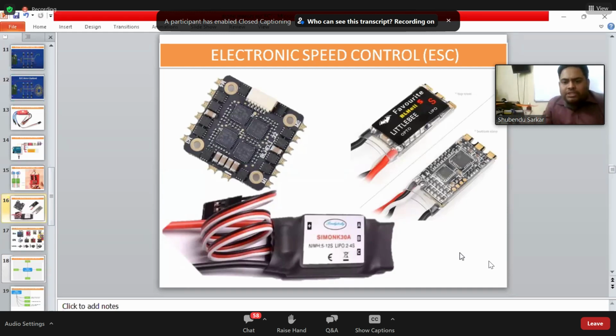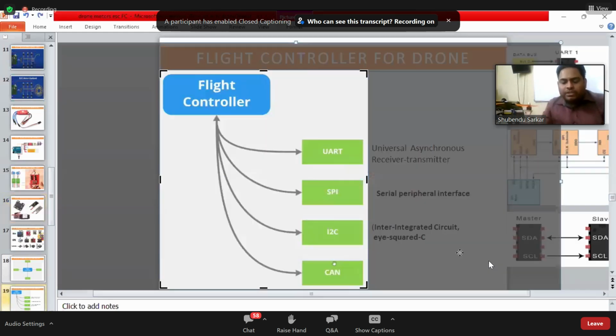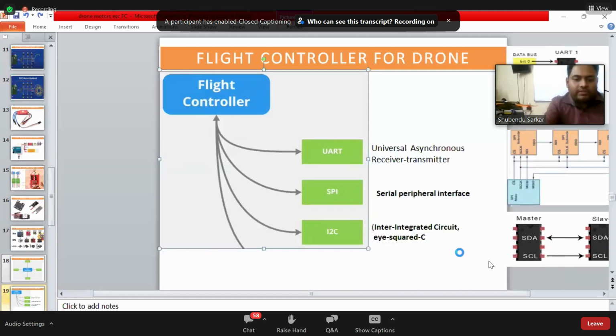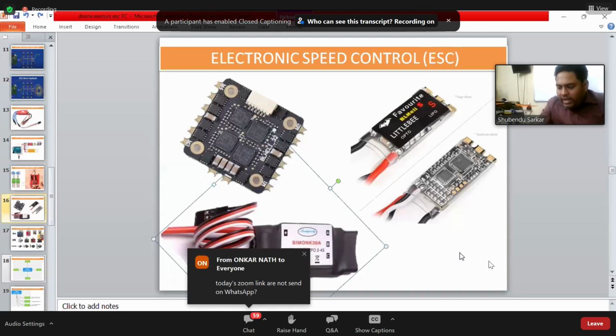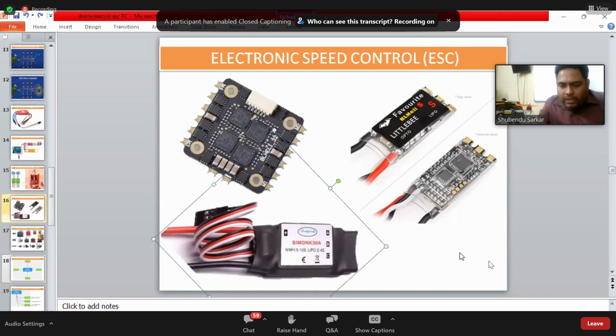What are the drawbacks with the Shimong ESC? First, we have to understand that the Shimong ESCs are not able to apply brake on the BLDCs. There is no braking mechanism for the BLDC, that we have to understand. There is no braking system, first point. Second point, if we are talking about high speed switching in signals, meaning we want to make an acrobatic drone,